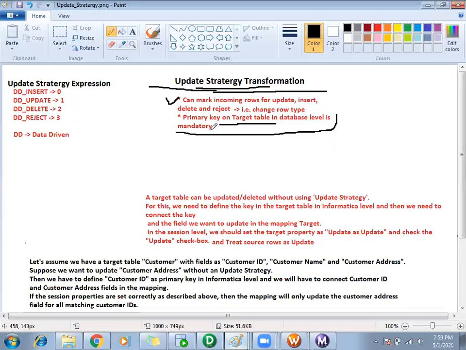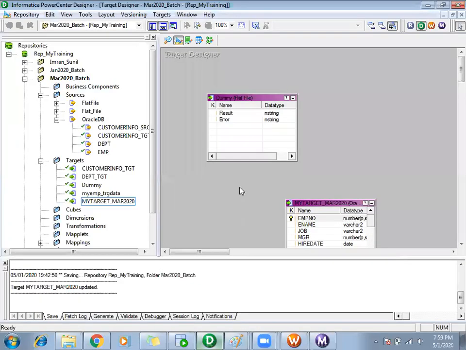So this is a mandatory requirement. As I showed you just now, only then will it be able to say based on what condition I can update or delete. Based on this primary key column only, it will update or delete. So having a primary key on a target table is mandatory. So we'll see how to use it.